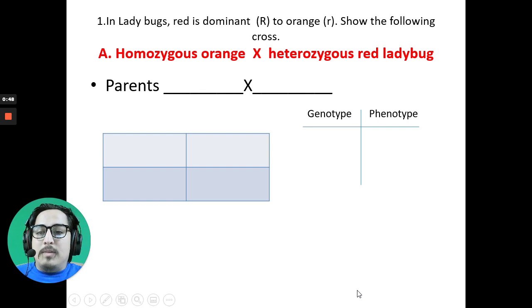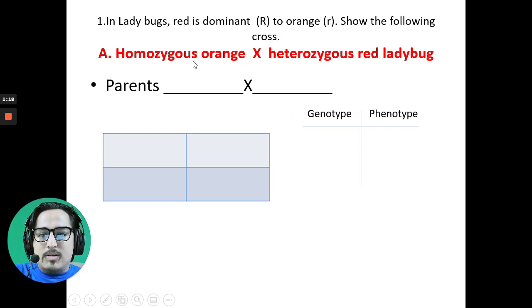So number 1, they're always going to give you a sentence, right? And then they're going to give you the parents that you need to find and then cross. So it says, in ladybugs, red is dominant, capital R, to orange, lowercase r. Show the following cross, right? So you need to remember that red, in this case, is dominant. That's a capital R. And then orange is recessive, lowercase r. Okay? So with that being said,